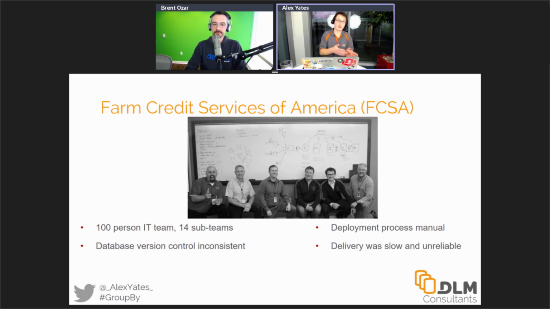Some of them were using source control, some of them weren't. The ones that were using source control were using different types of version control system, TFS, Git, Subversion. The deployment process was each individual team would send John Morehouse, who's the guy on the left, the production DBA, a request: by the way, can you deploy this to live? You've got 2 hours, here's a week's worth of work. And of course that didn't go very well for John, because it would just land on his desk.